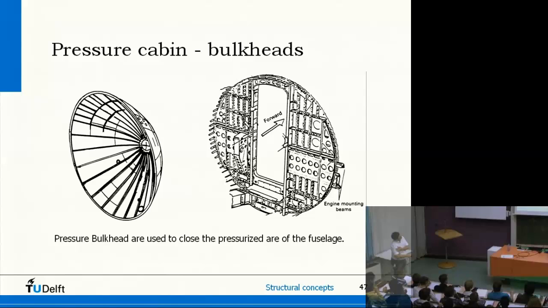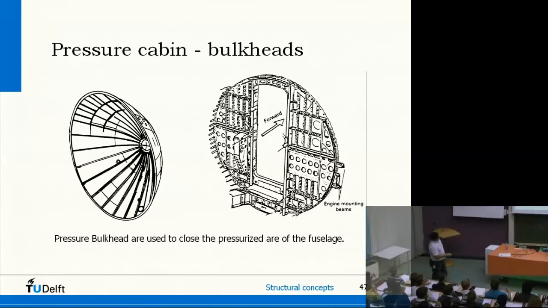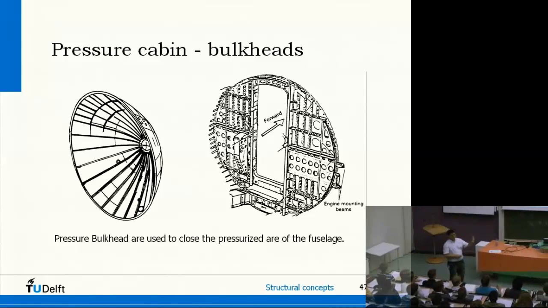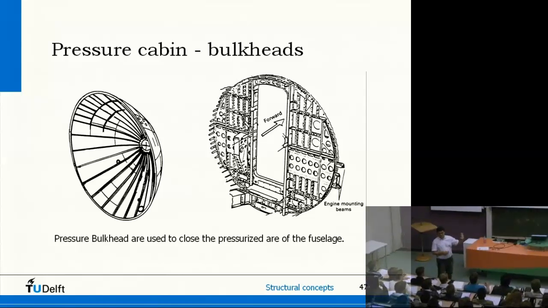Different types of pressure bulkheads: a membrane type, a balloon type, a bulb type, and a really stiffened one. This one is stiffened with all kinds of elements in order to prevent deflection in this direction. There's a huge pressure force working on it, 0.5 kilo per square centimeter, so that's huge. And I need to stiffen it up with all kinds of elements in order to keep it flat.